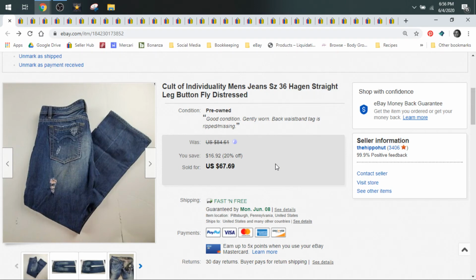So I always tell people, even if you get to a point where you don't comp anymore and you know what you charge for certain brands, it's always good every couple of months to just double check your comps. I don't comp when I list. I know most of the brands I list over and over again and what I start them at. If it's new to me, I will comp it, and then every couple of months I just double check. Because there was a time when I used to start, say, Lucky Brand at 40. Now I start them around 25 a couple years later, just because of that